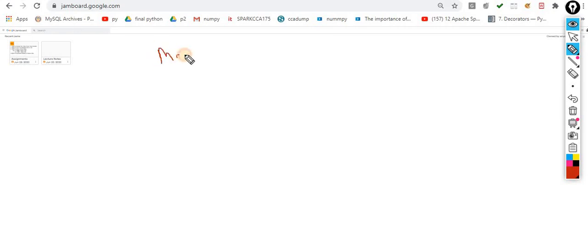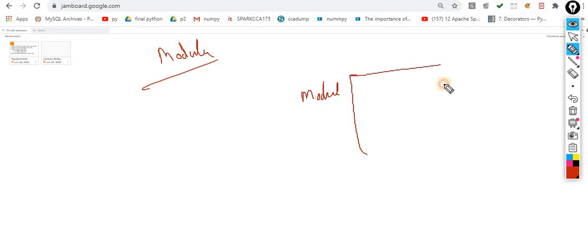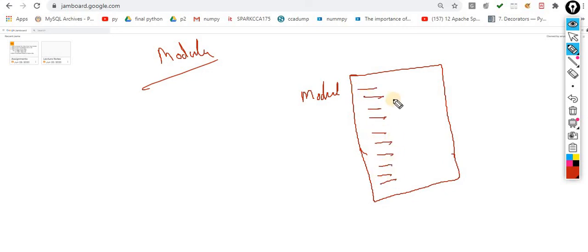concept is modules. Modules are a very simple concept that is totally dependent upon functions. Whatever functions are, modules are exactly the same. So understand what exactly a module is. A module means I am combining multiple functions into a single unit, and that unit is called a module. Keep this point in mind.